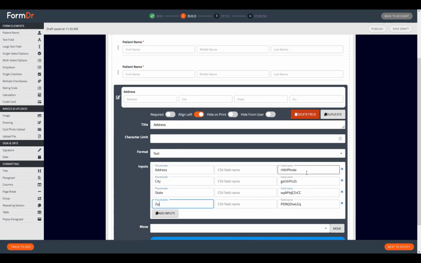And so you can change this to maybe say address, city, state, and zip. It doesn't have to be those randomized shortcodes. You won't be able to have any spaces in here, but if you need to add a second word, I just recommend camel casing. Maybe it's patient address or something. Much like that. Just something that you can remember if you are going to want a field to auto-populate later